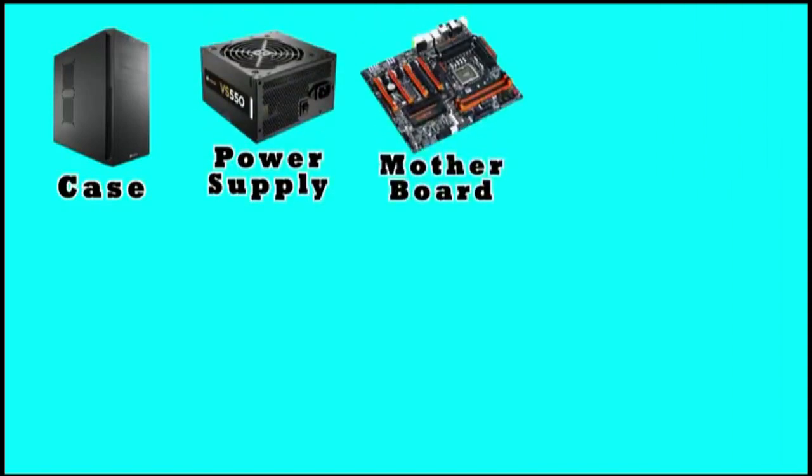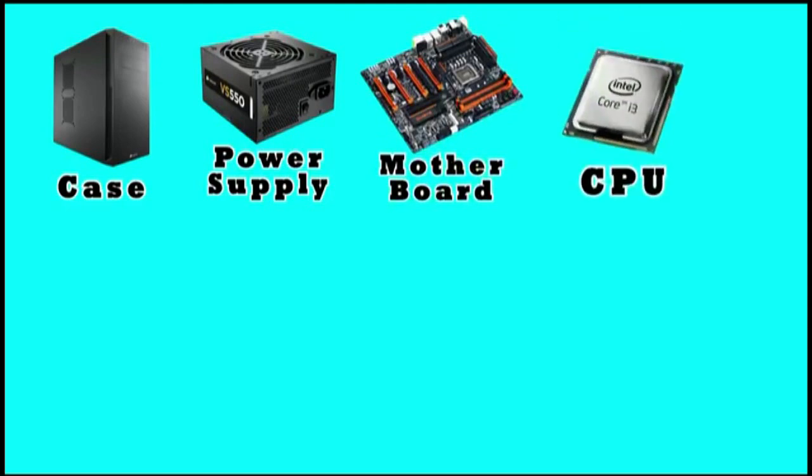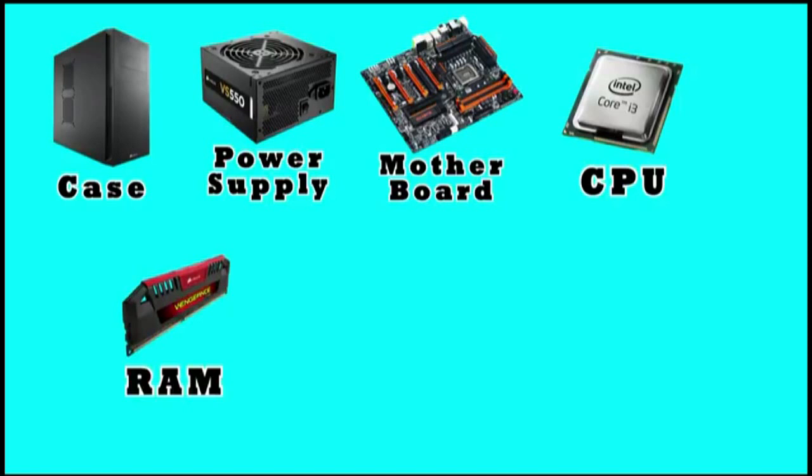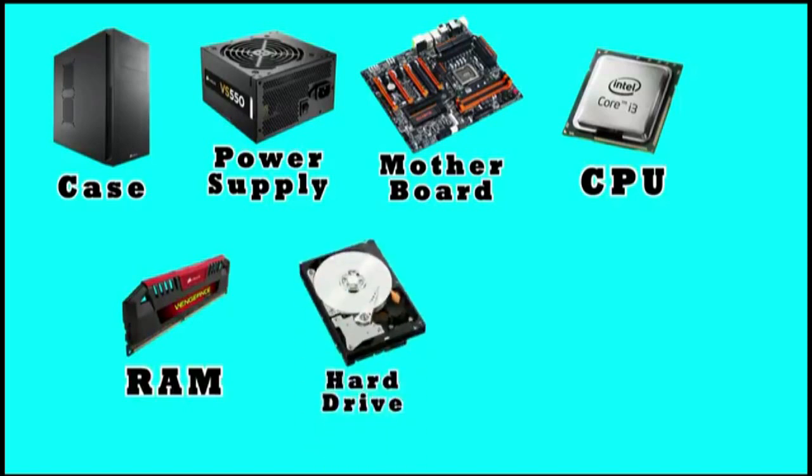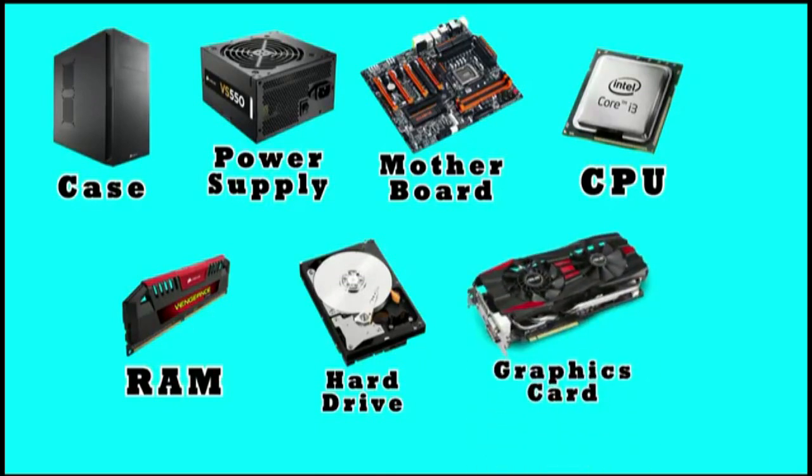Now students, it is time to call it a day. In this video, we covered 7 essential parts of our computer, that are case, power supply, that is also known as SMPS, motherboard, an open circuitry board, CPU, brain of our computer, RAM, the primary memory of our computer, hard disk, the secondary memory of our computer, and the last, graphics card, that is responsible for showing high definition images